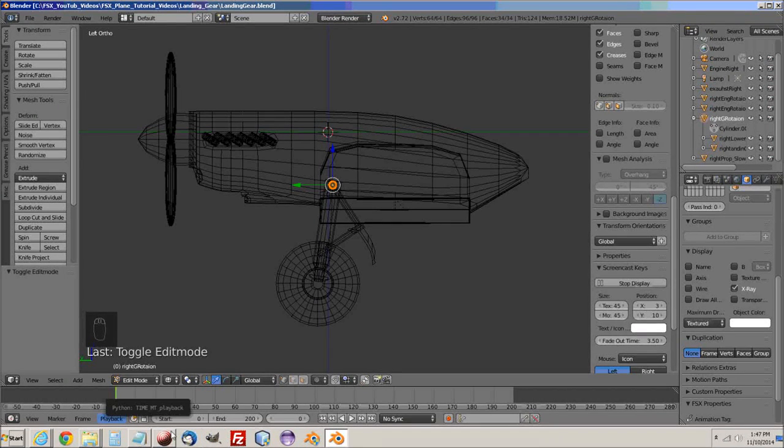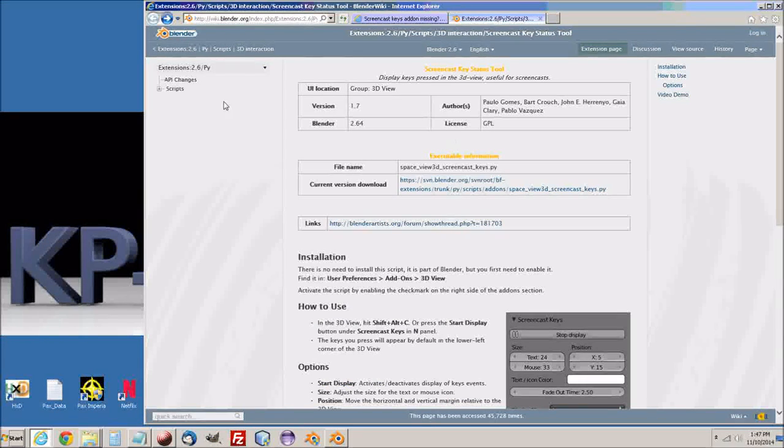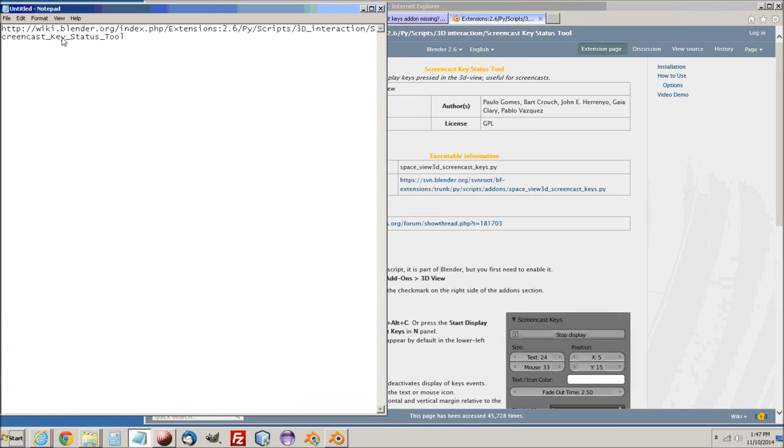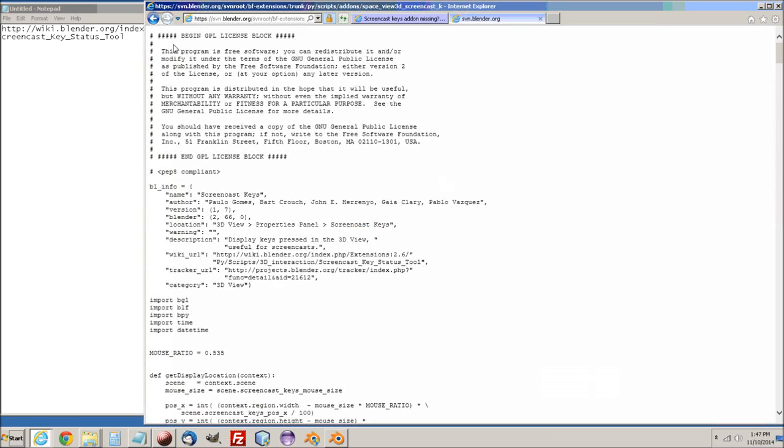So to show you how to do screencast, if anyone's interested in doing that, let me minimize this. We'll go to the website. I'll also have this link in the body of the YouTube video, in the text. This is the link you need to go to. You need to click on this current version. It says download, but you just have to copy and paste. So click on that, and copy all this code,